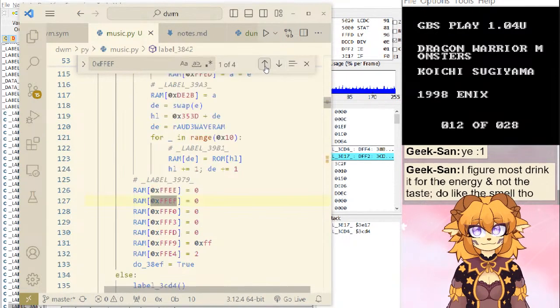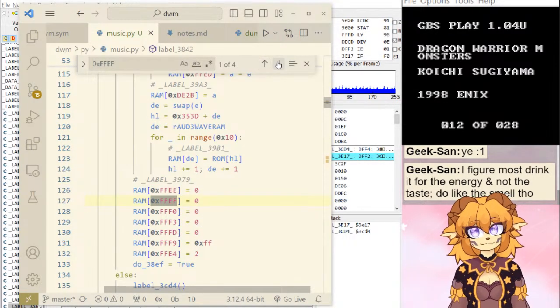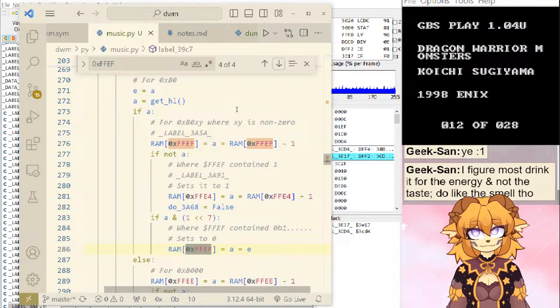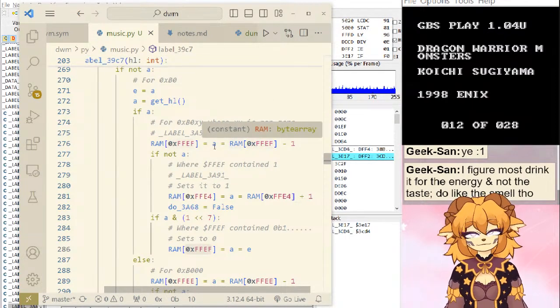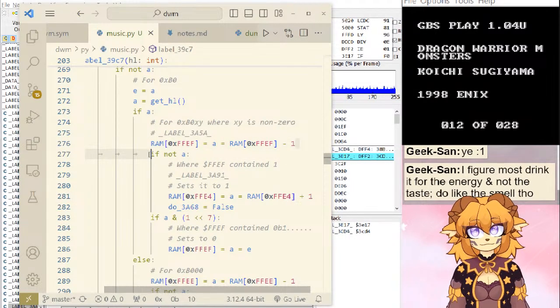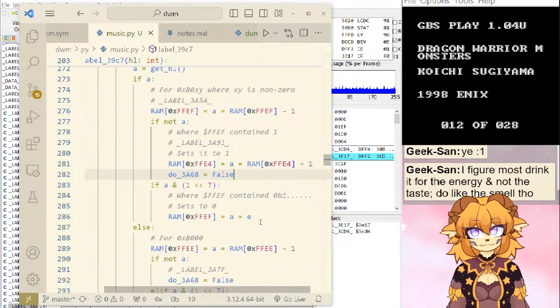Let's take a look where else uses this. So it's initialized to 0. And otherwise it's just these. So yeah, I guess the only values here are 0 and 1. And if it was set higher, it would just count it down until it got there.